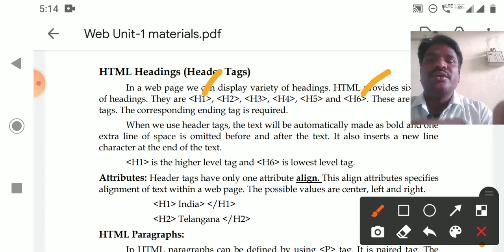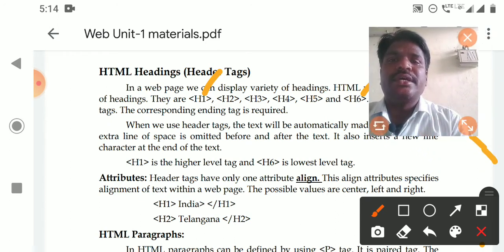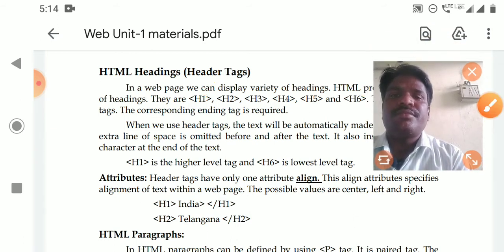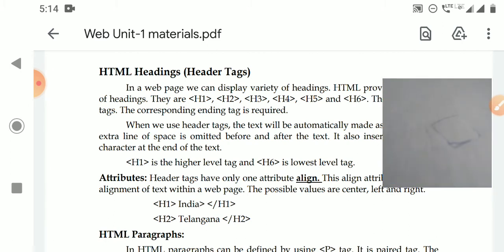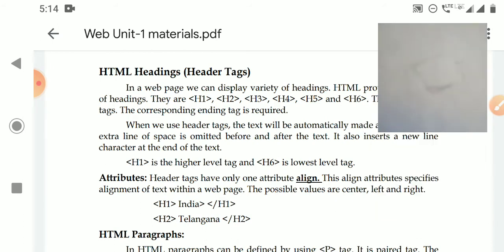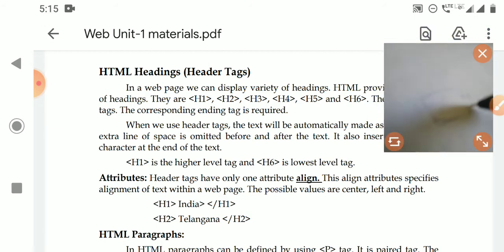For example, in a large web page, where do you display the heading: on the left side, right side, or center? That is the alignment of the heading within the browser window.